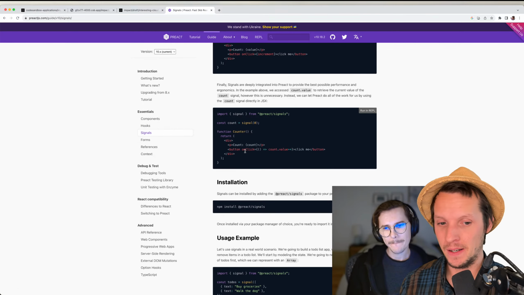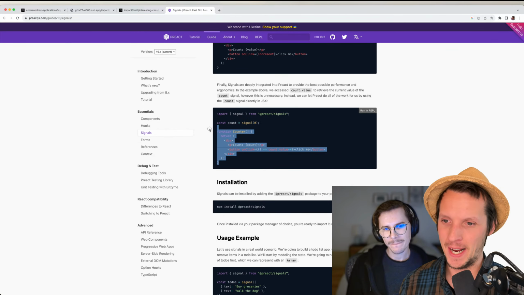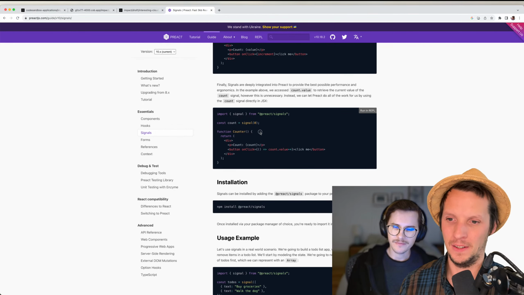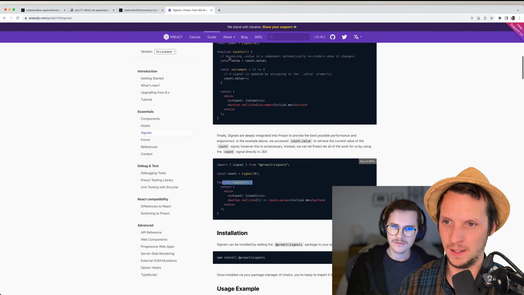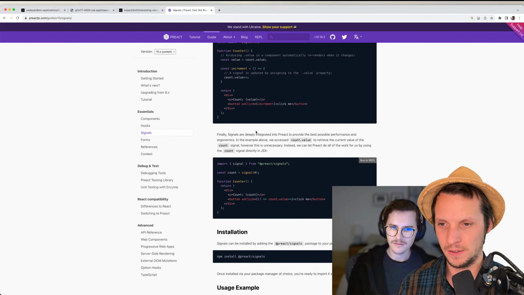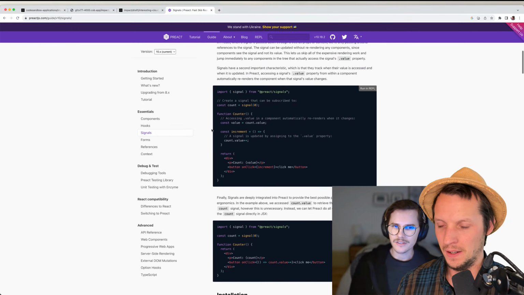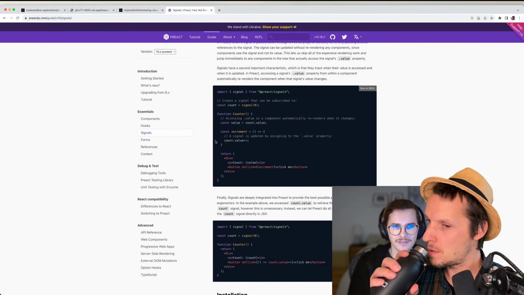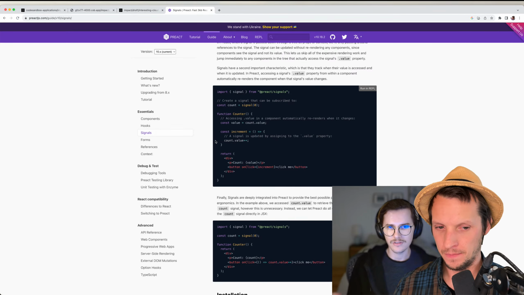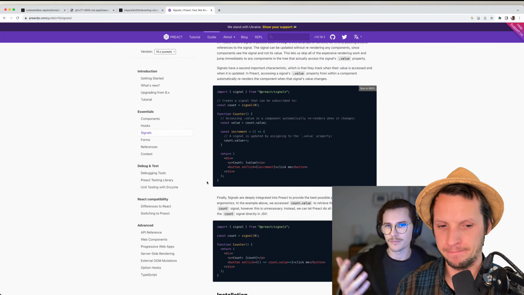But it's really, really cool, and I would love for React to just do what Preact does. You have a signal, and you can consume it in the component body by accessing the value, or you can just shove the signal directly into an element, and it's surgical. This is a very raw idea, but by doing it this way you don't need to use context. You don't need to pass down props, for example, to consume global state.